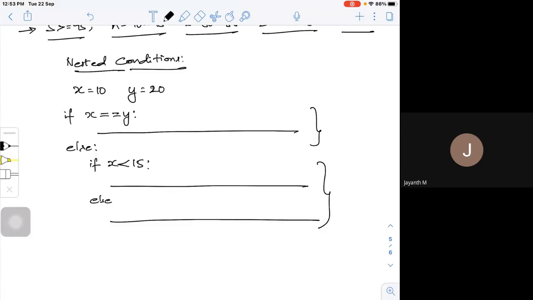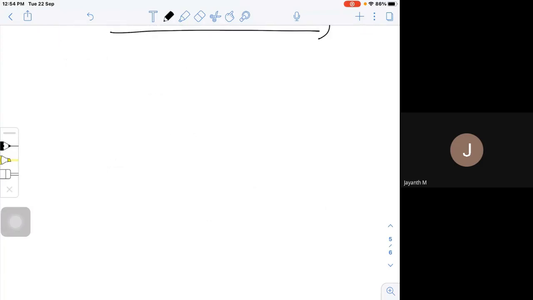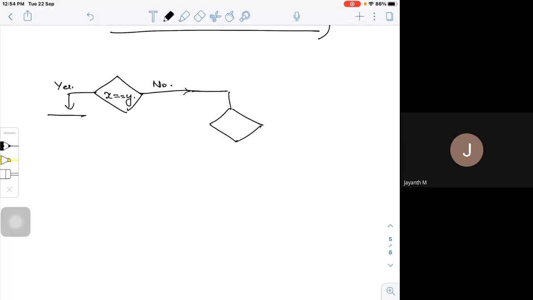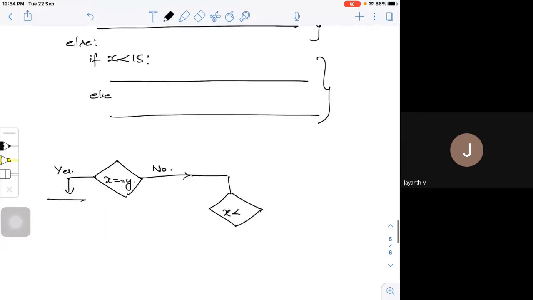Let me show how it looks. The first condition is x is equal to y. If yes, I will do something. If no, it will go and check whether x is less than 15.